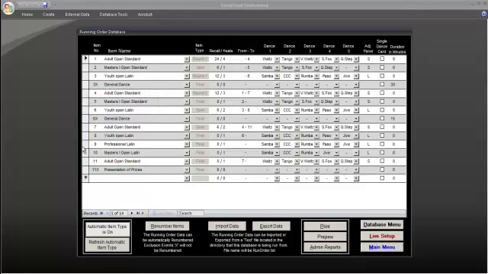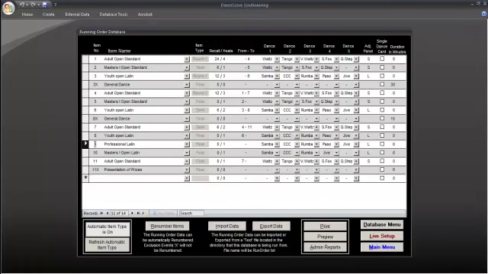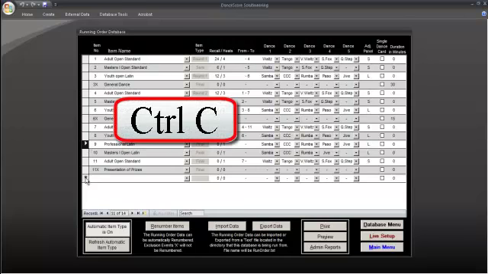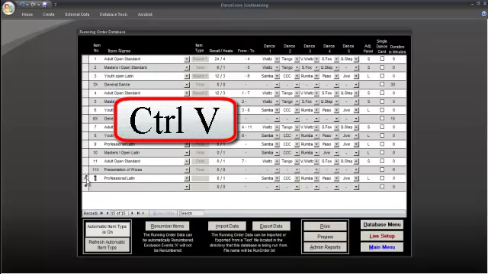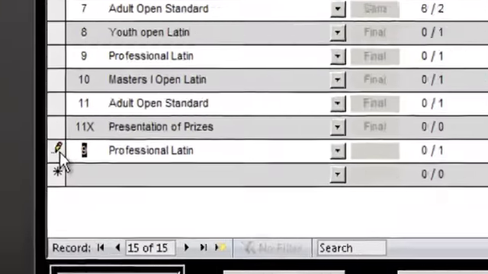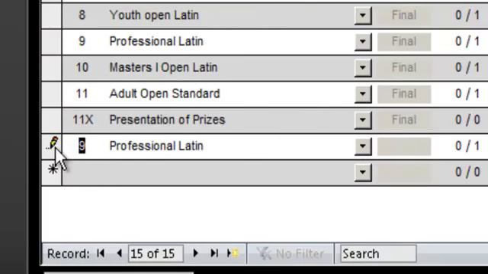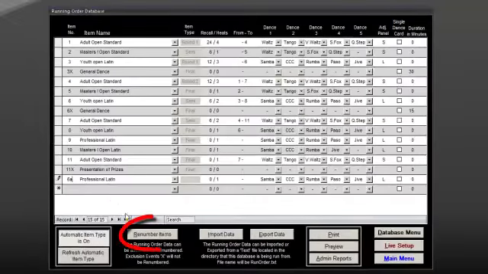To do this, I'm going to copy the whole record. So if I click on the record tab on the side of the professional Latin, and that's selected that whole line, I'm going to hit Control C on the keyboard, come down to the new record tab and Control V, and I've now copied the whole record. So I now have a new copy of my professional Latin, and I'm going to renumber that as 6A, and very simply come down to the bottom here and hit renumber items,